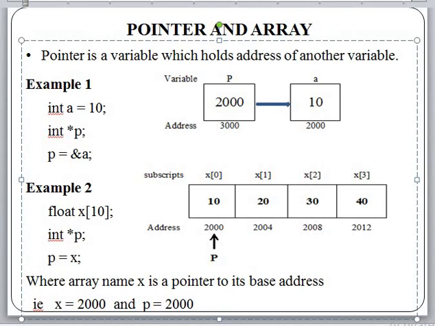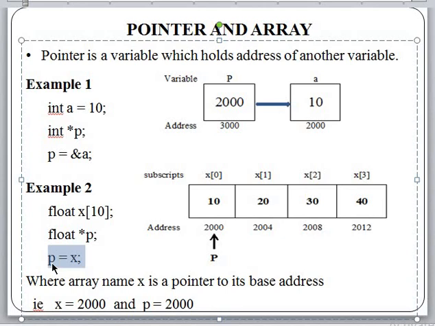In this example, I have a float array x capable of holding 10 elements, and a pointer p which is also of type float, and where you can observe x is assigned to p.